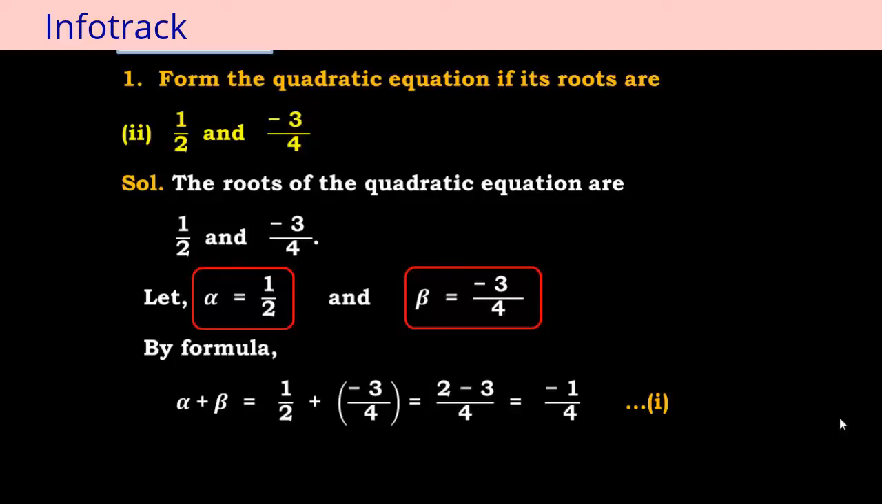So the denominator you can make as 4. In the numerator you will get 2 minus 3. 2 minus 3 is minus 1 upon 4. Equation number 1. Now alpha into beta is 1 upon 2 into minus 3 upon 4. That is minus 3 upon 8. Equation number 2. Now we can use the formula x square minus (alpha plus beta) into x plus alpha into beta. Substitute the values. From 1 and 2, alpha plus beta is minus 1 upon 4 and alpha into beta is